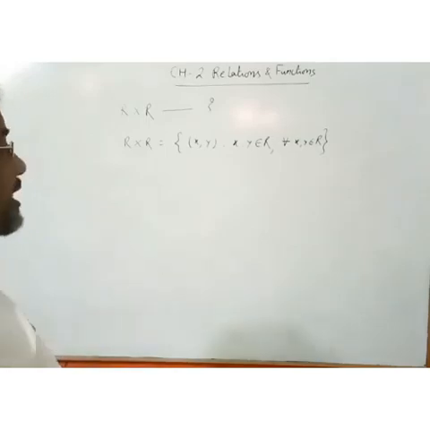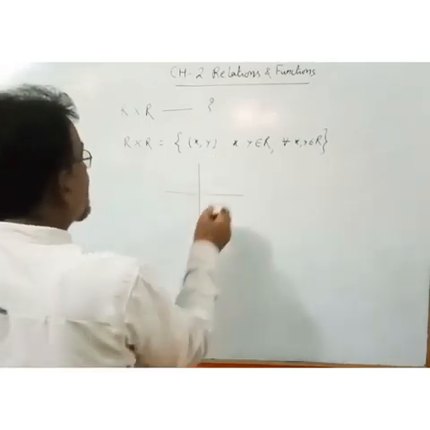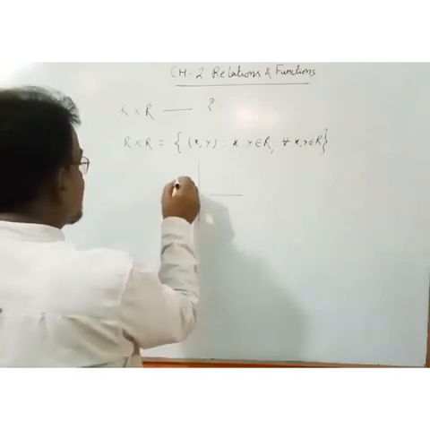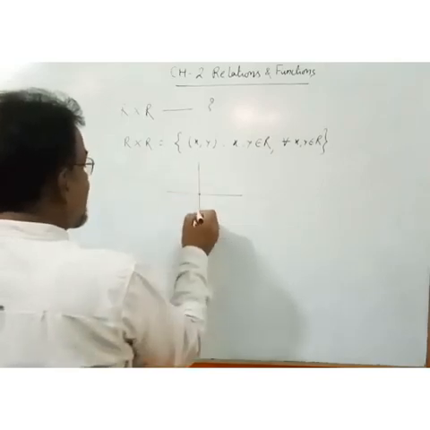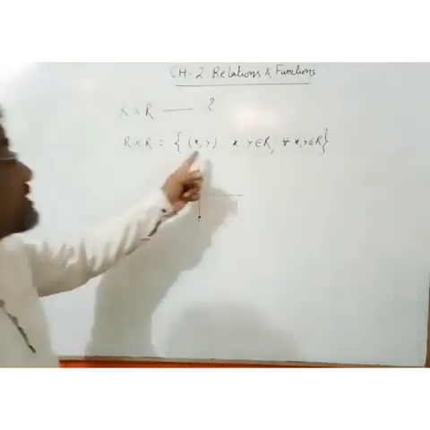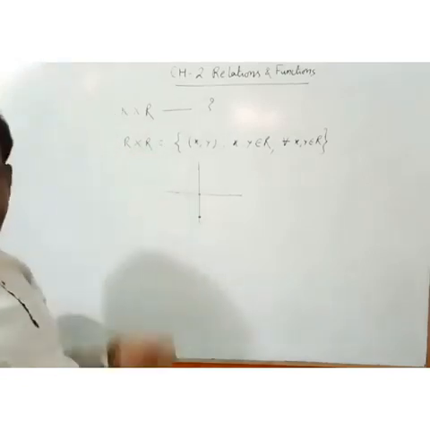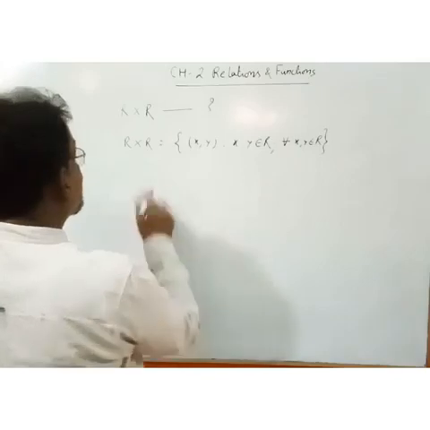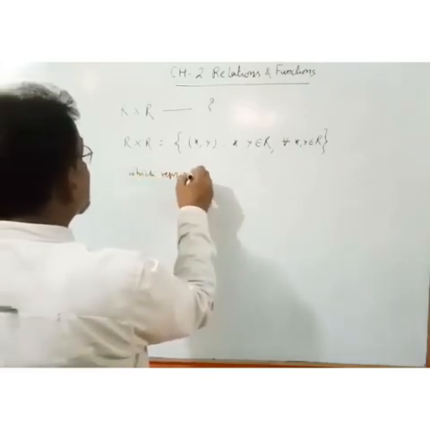अब रियल नंबर सिस्टम में सारे पॉसिबल ऑर्डर्ड पेयर आप जब बना देंगे तो इसका मतलब हुआ कि वो पॉइंट फर्स्ट क्वाड्रेंट का भी हो सकता है, सेकंड का भी, थर्ड का भी, फोर्थ का भी, यहाँ भी हो सकता है. So it means this set represents all points in a two-dimensional plane, है ना?